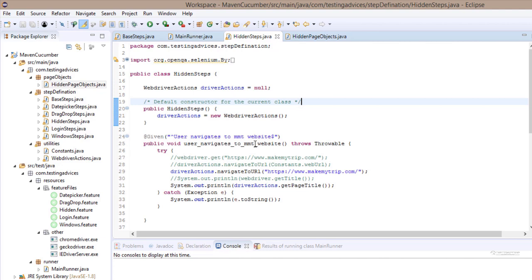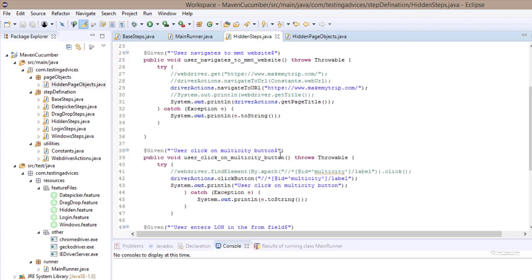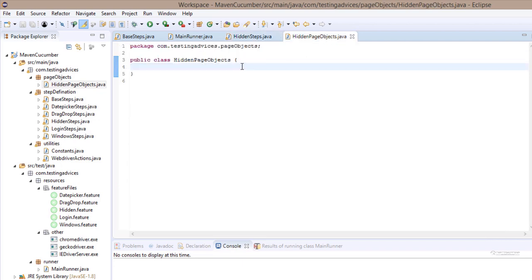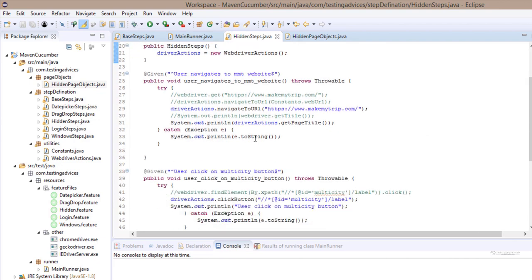Now what we are going to do is, whatever XPath IDs we have identified or located, we will create variables declaring them as final in this particular objects class, and then we will call those variables inside the step definition file. As we are using different step definition classes, we'll do that for the URL as well. So the first thing is this URL. Let me copy this,